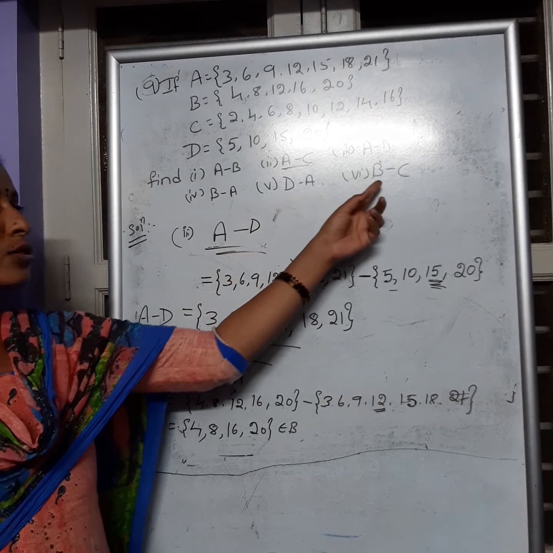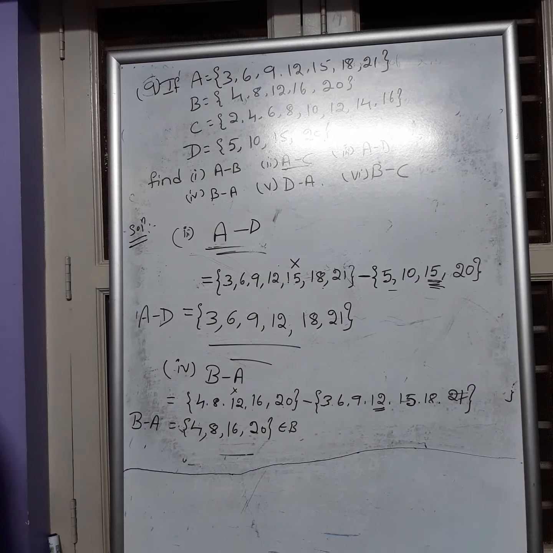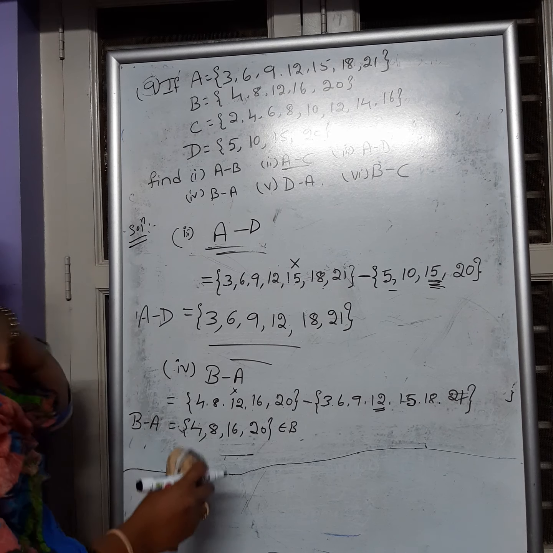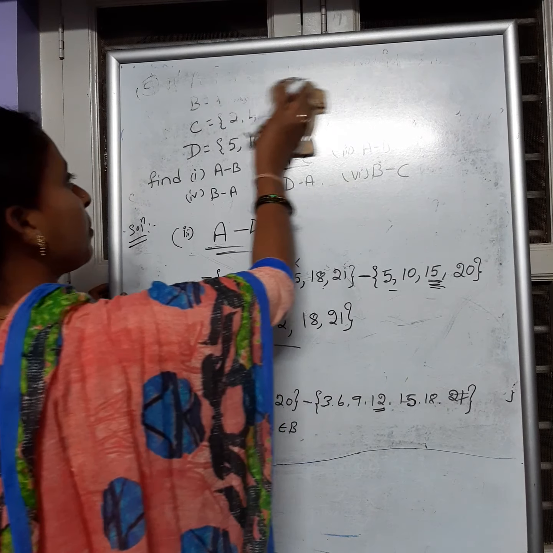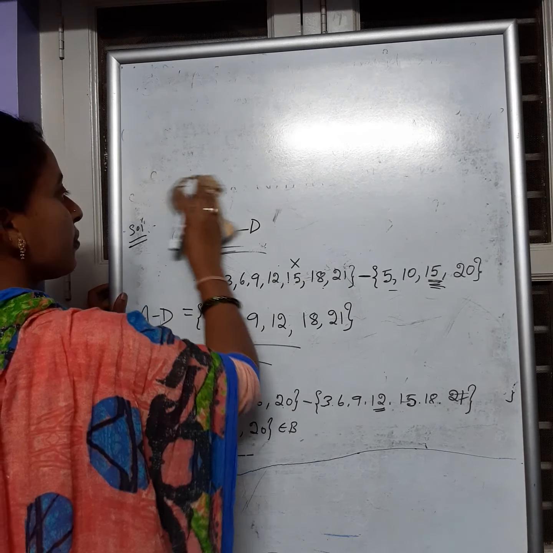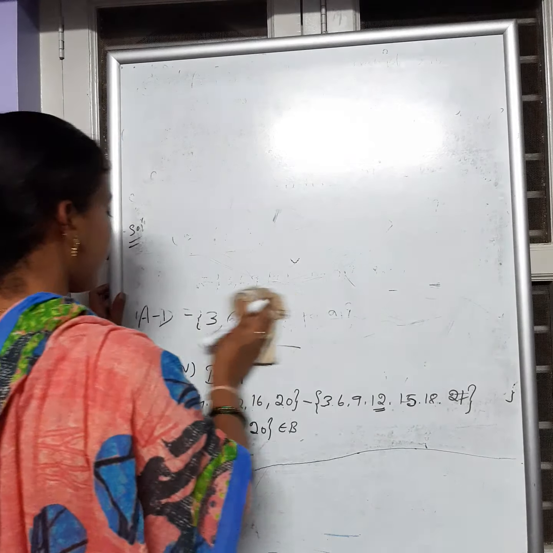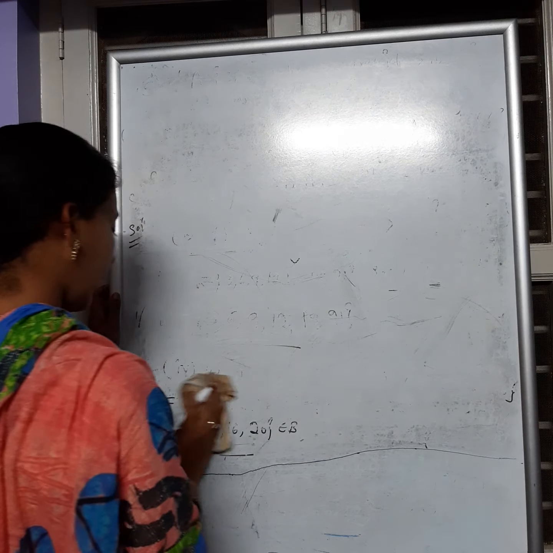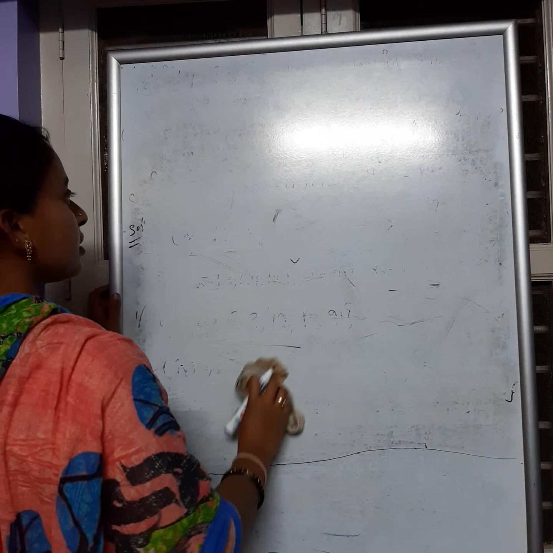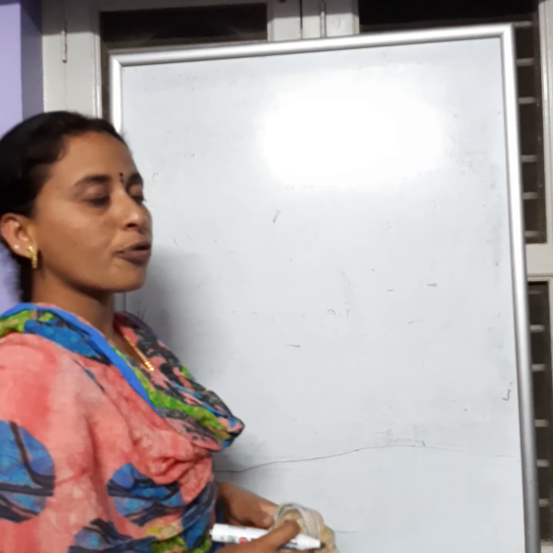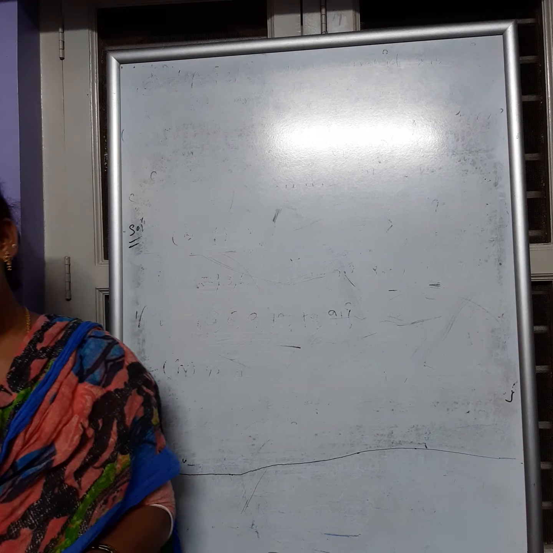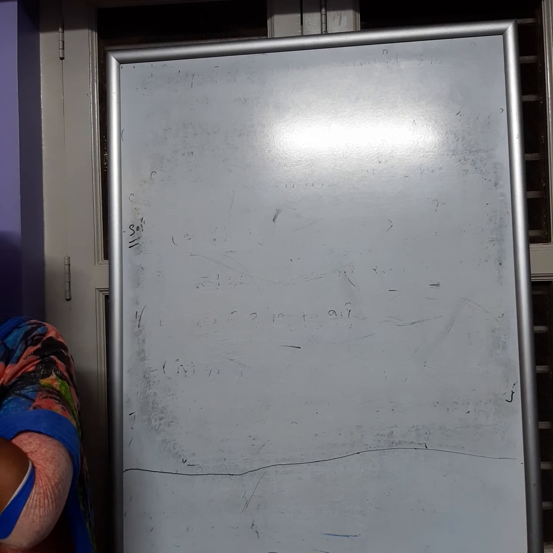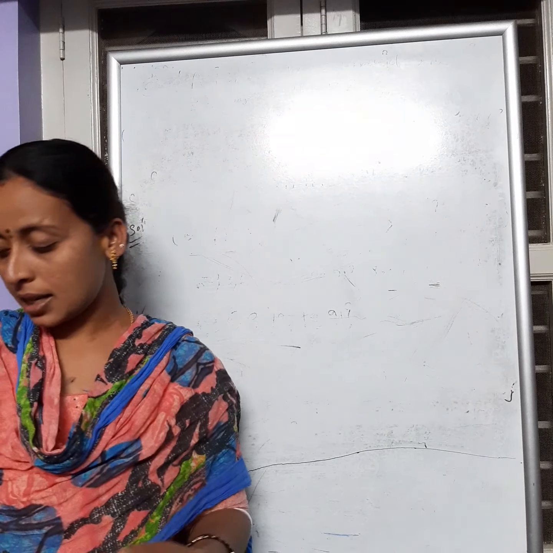Similarly, these two also, guys, do that. Let's move on to another one. 10th problem now. Now you understood the difference of sets, right? The difference of sets A and B, in this order, is the set of elements that belong to A but not to B. That difference we can write symbolically as A minus B.